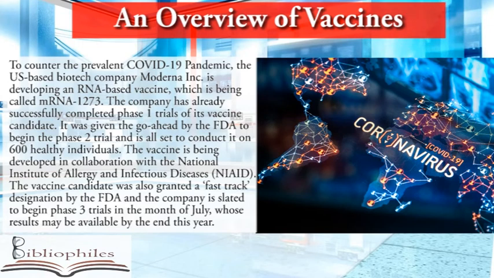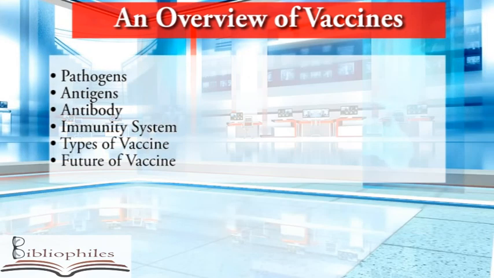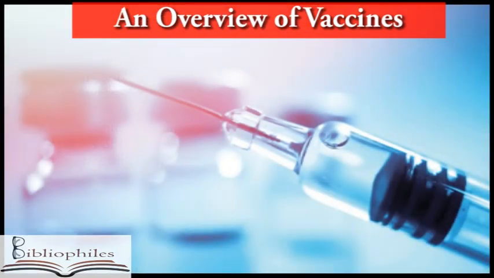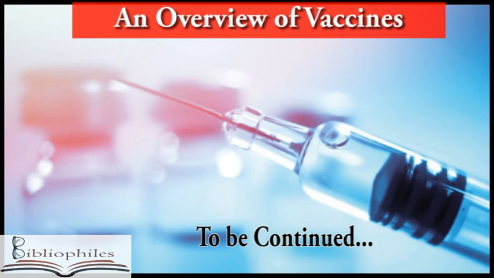These are all you need to know regarding vaccines and various types of vaccines. So in this session, we have learned various key terms like pathogens, antigens, antibodies, the immune system of the human body, and what vaccines are and various types of vaccines. And we have also learned about the future of vaccines. And in the next part of this lecture, I am going to talk about the various stages involved in the development of a vaccine and other important things